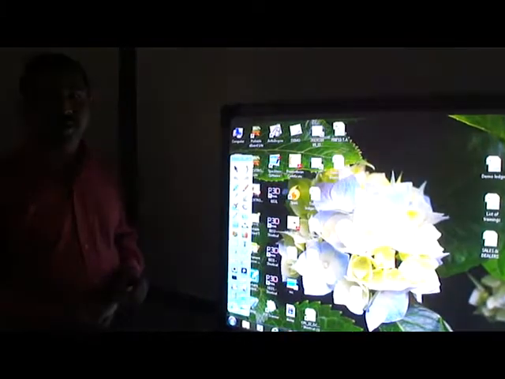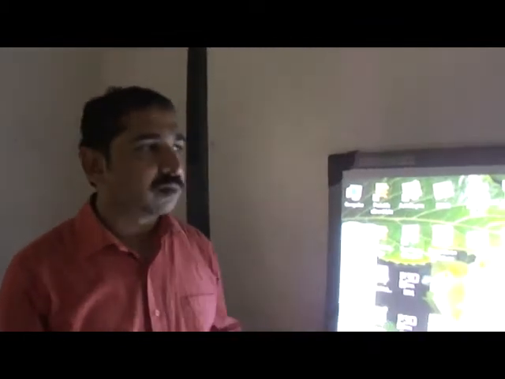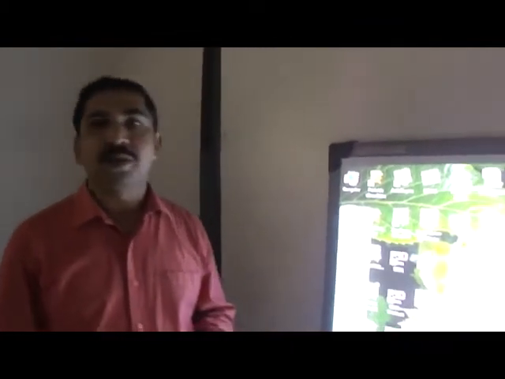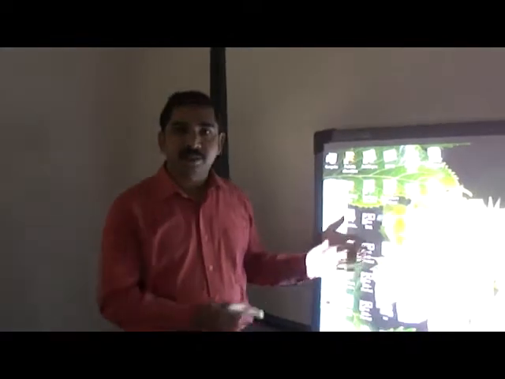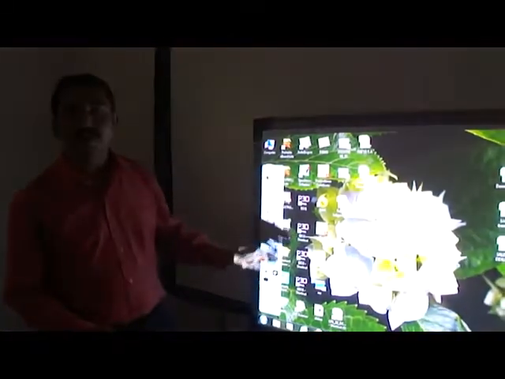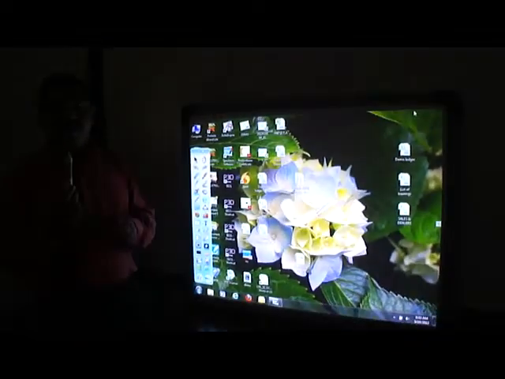This is from Hong Kong and it works on electromagnetic technology. This uses very passive electromagnetic rays. So that's why there is a small dilemma in our mind whether it will affect the person who is using it. No, because it has a passive radiation only and it has a stylus with it.